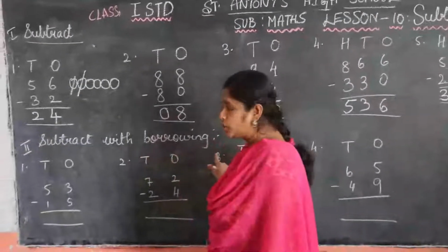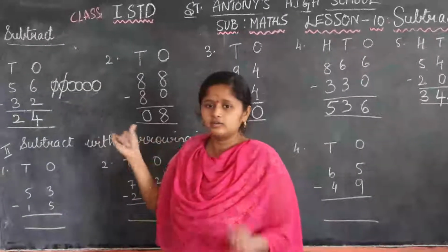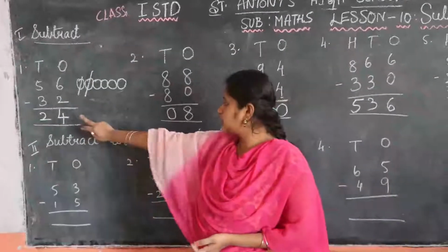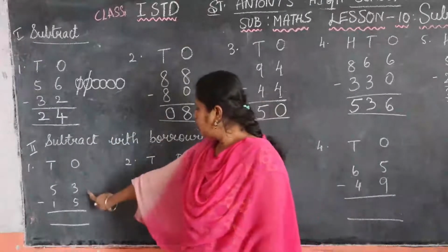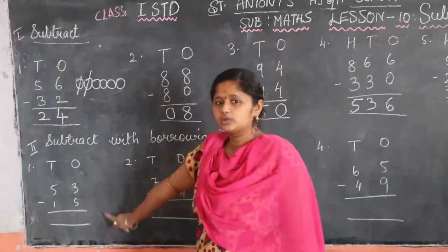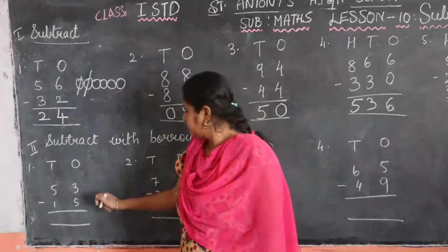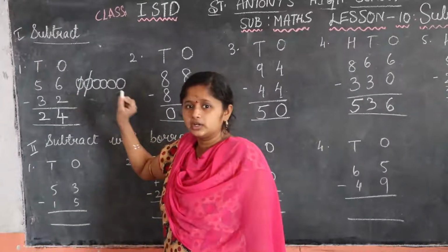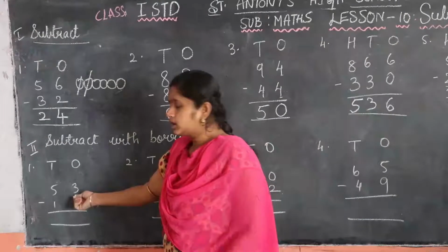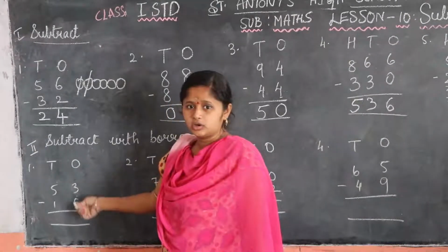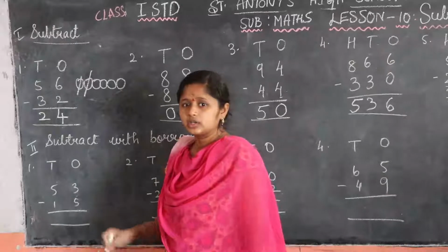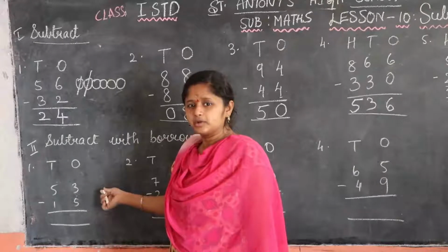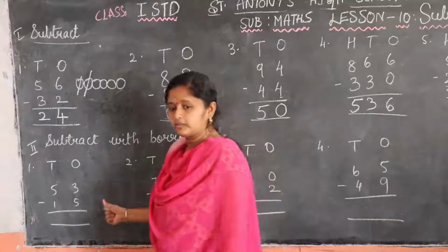Subtraction with borrowing. Now here we subtracted by taking away the objects and we got the answer. But here, in the earlier sums, the bigger number was up and we subtracted the smaller number. But here the smaller number is given on top and we have to subtract the bigger number, 3. So it is very difficult, no, children? But it is very easy. Okay, so we will subtract it.